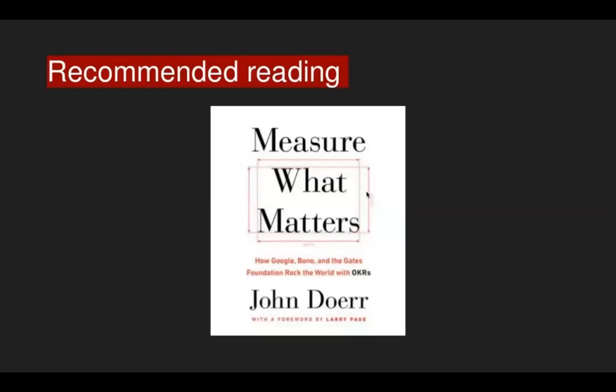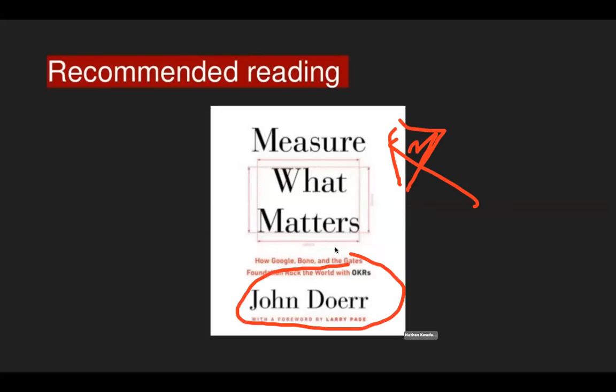So this is just some recommended reading. If you can get this book, it's called Measure What Matters. Building is not just for building's sake, but you're building with a purpose, right? There's got to be a reason why you're building what you're building. I think you can find it on Amazon. The author's name is John Doerr. He's a venture capitalist. He's made a lot of money. And these are some of the books that I'd recommend that you read.